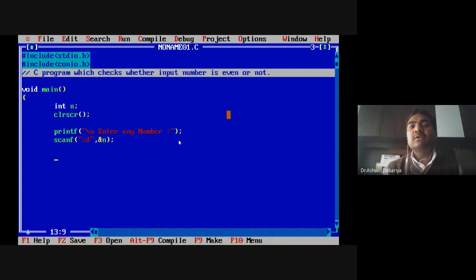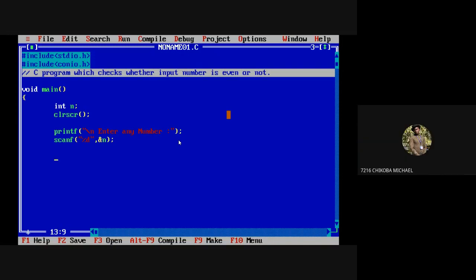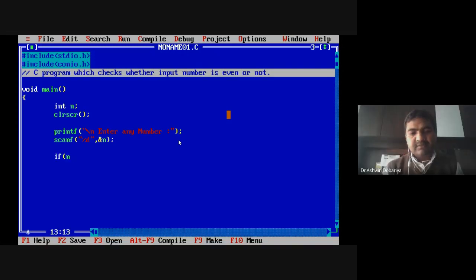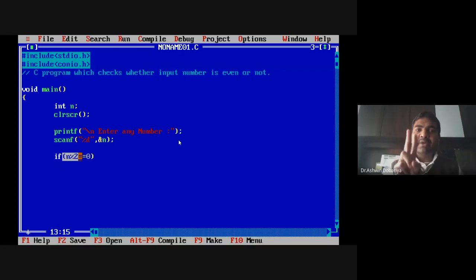What is my if condition over here? If n modulus 2 is equal to 0. Very good. If you divide that number by 2 and it returns remainder 0, then what is the meaning? printf "number is even".